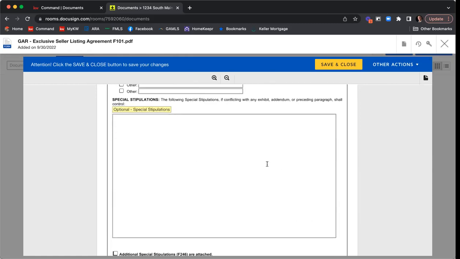So if you have any stipulations that you want to add here, you can just go ahead and type them in. I know there's a lot of talk about, when having the conversation about pricing with our clients, going ahead and adding a stipulation that says that if we are not under contract or negotiating within a certain amount of time after listing, we can go ahead and agree to a price reduction. So we can just go ahead and I'll type that. All parties acknowledge and